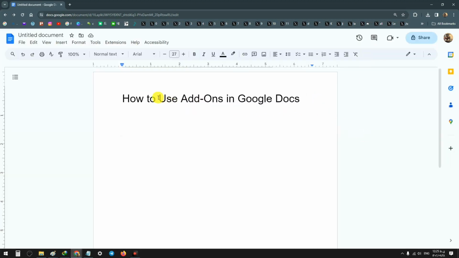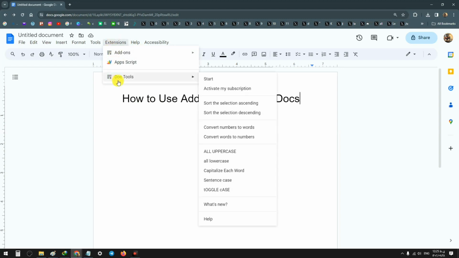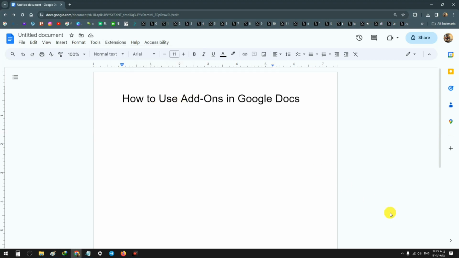Now, to access the add-ons you installed, again click on Extensions at the top. Now, in the menu, you see the DocTools section. You can start and use these add-ons. Also, if you want to remove add-ons,